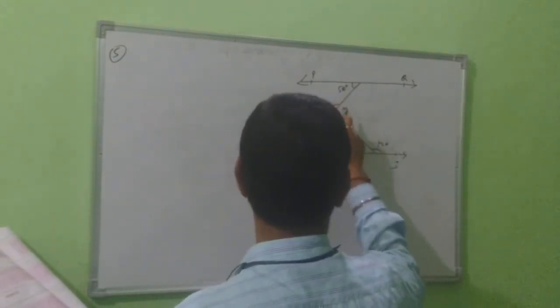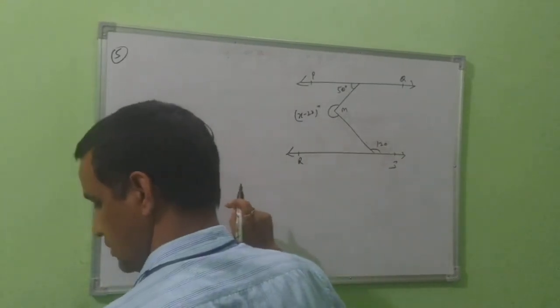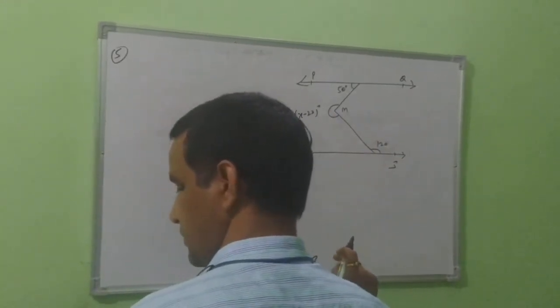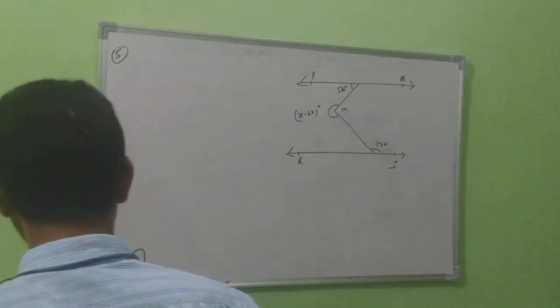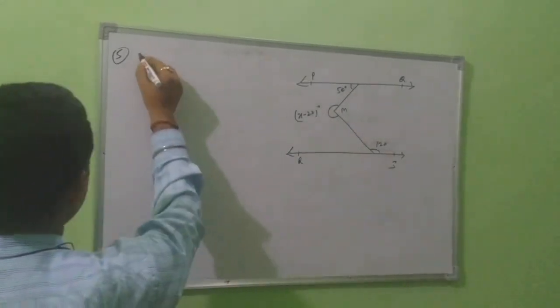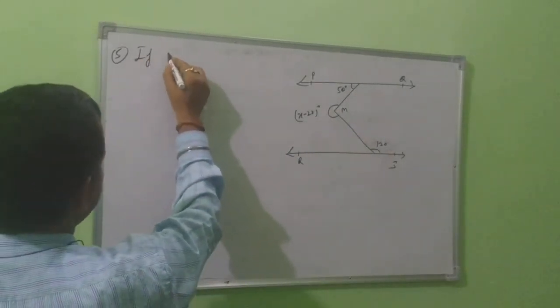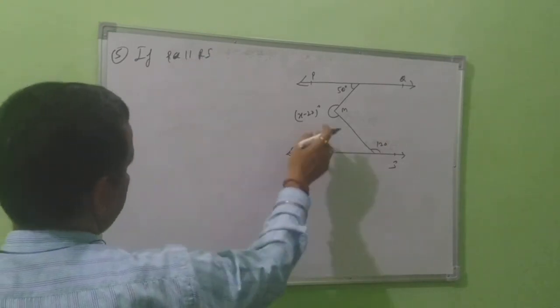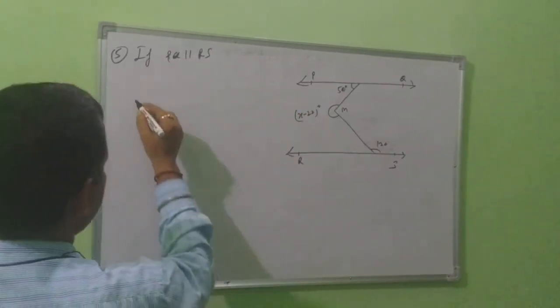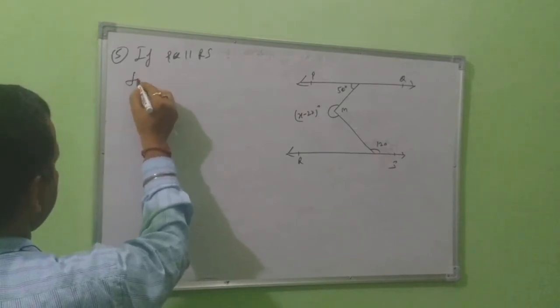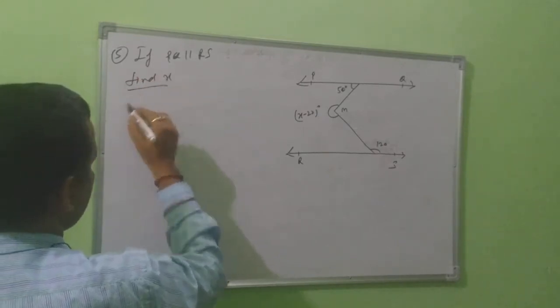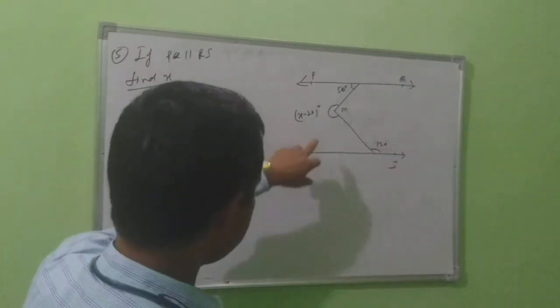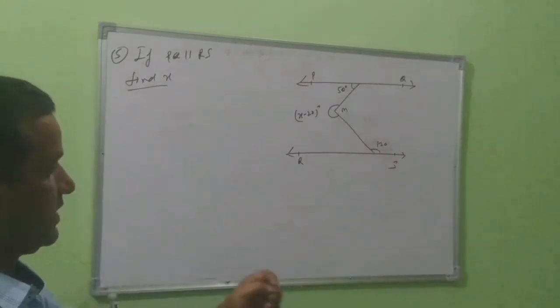This is the reflex angle of this. And PQ, 120, 50 and 120. Yes. Now look here, how to solve this question? The condition given is that PQ is parallel to RS and other angles are given, and you will find the value of x. Not the reflex angle, you will find the value of x.